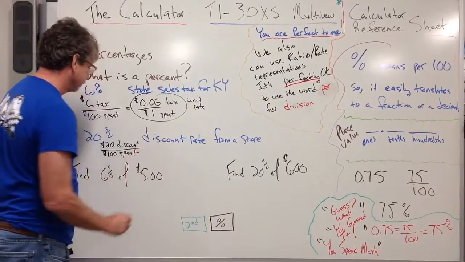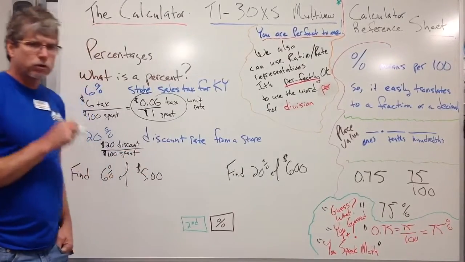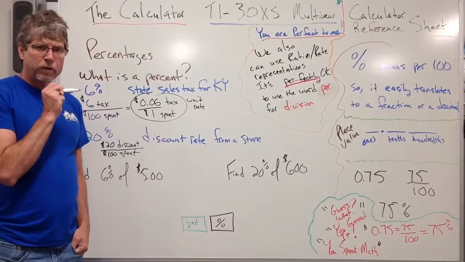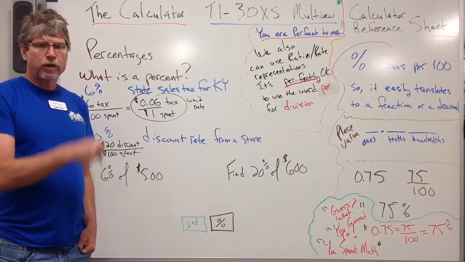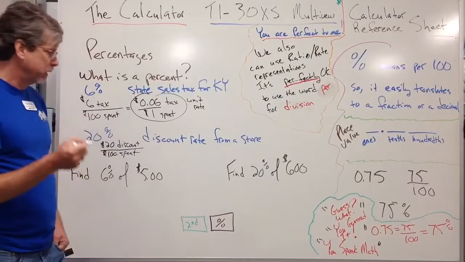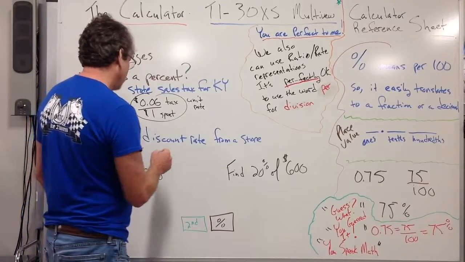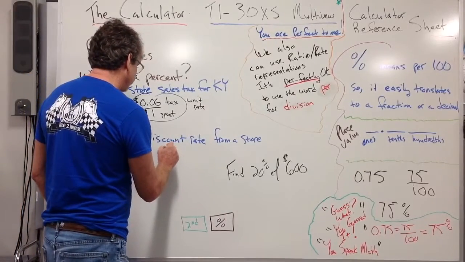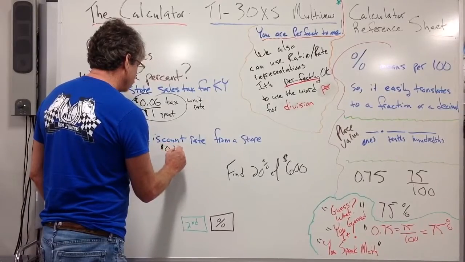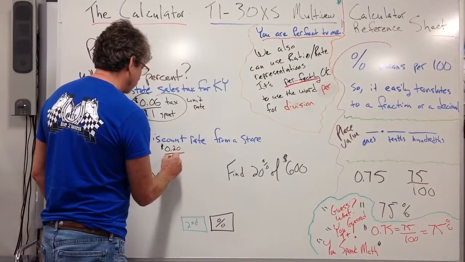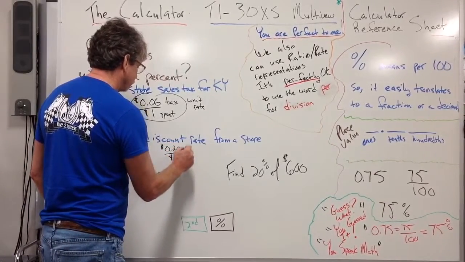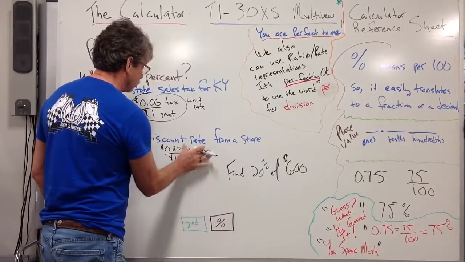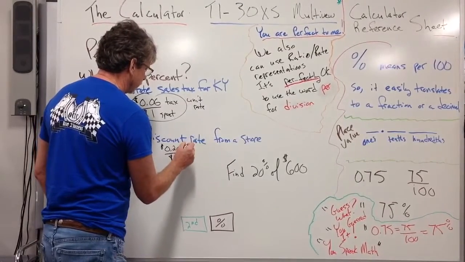So at a store, 20% means $20 you get to take off the price for every $100 you spend. We also could say that's 20 cents per dollar. So 20 cents tax, or sorry, 20% discount in this case,